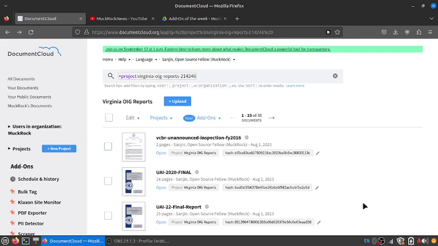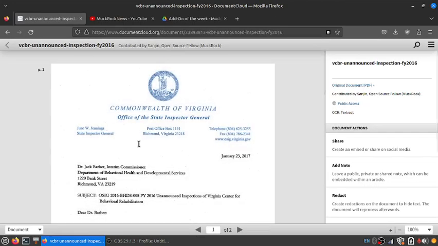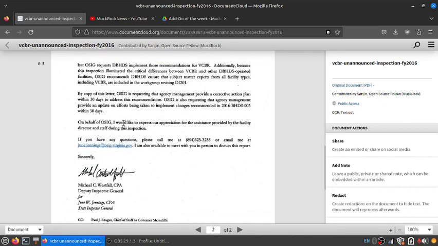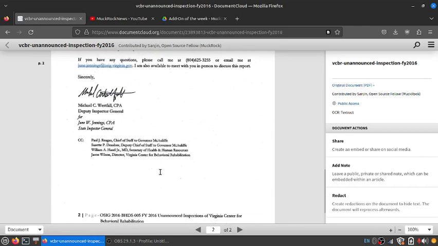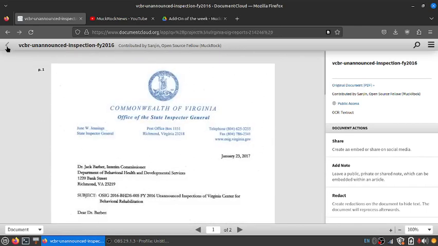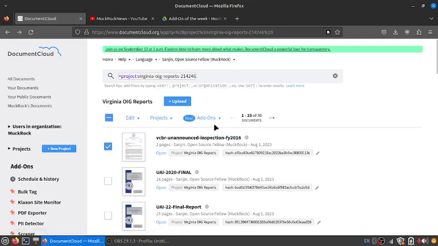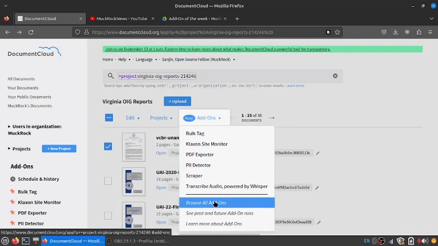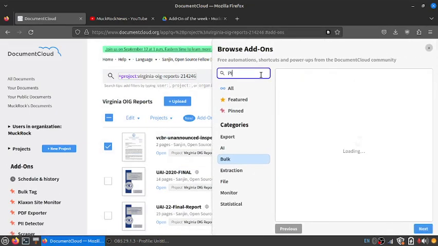Today I'll show you how to use an add-on to go ahead and detect personally identifying information in your DocumentCloud documents. I have this document here which has some personally identifying information or potentially personally identifying information. Telephones, maybe an address, email address, phone number, so on and so forth. Let's say I want to go ahead and review the PII that's in this document to potentially redact it before release. I can use something called the PII Detector